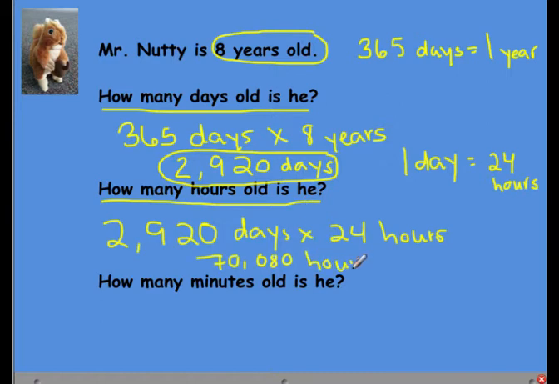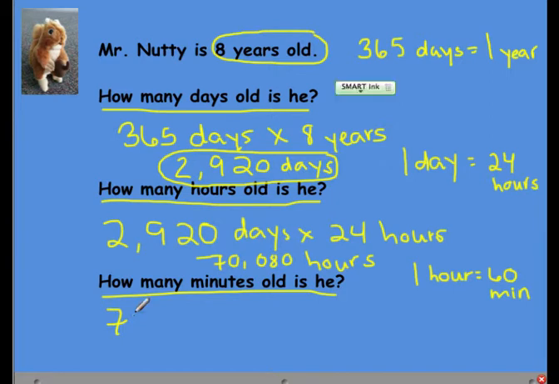We got to find out how many minutes old Mr. Nutty is. About how many, okay? So we know that in 1 hour, because now we're going to minutes from hours, we have 60 minutes. In those 70,080 hours, each of those 70,080 hours has had 60 minutes. So, here we go,